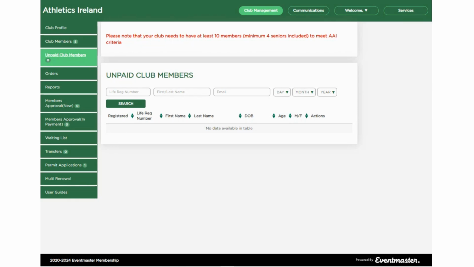Just following on from Rice's comment there, if you're saying that if a new member joins after the 1st of November 2024, their AI fee is covered up to the 31st of December 2025? No, once